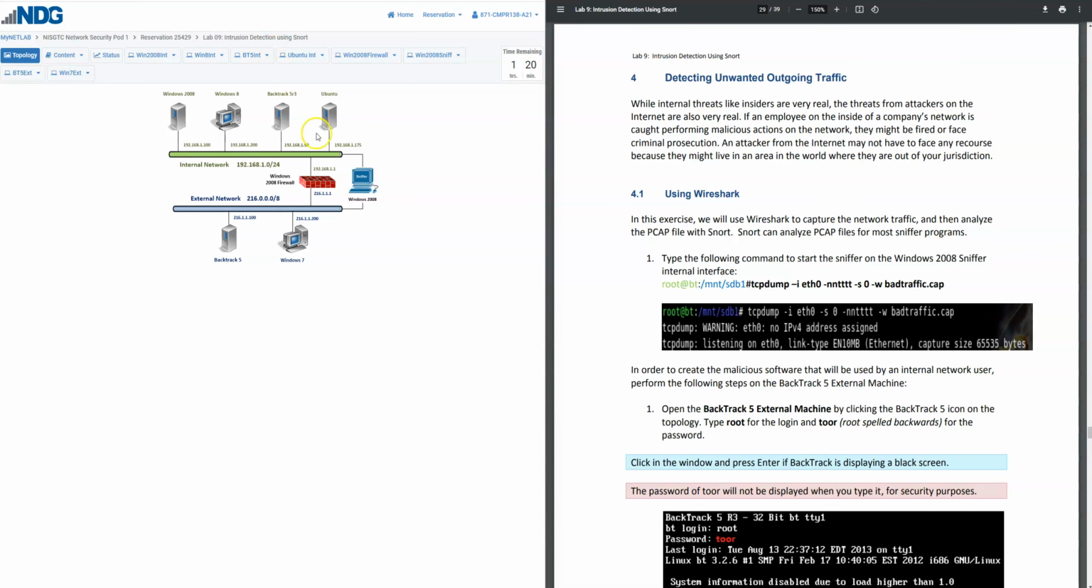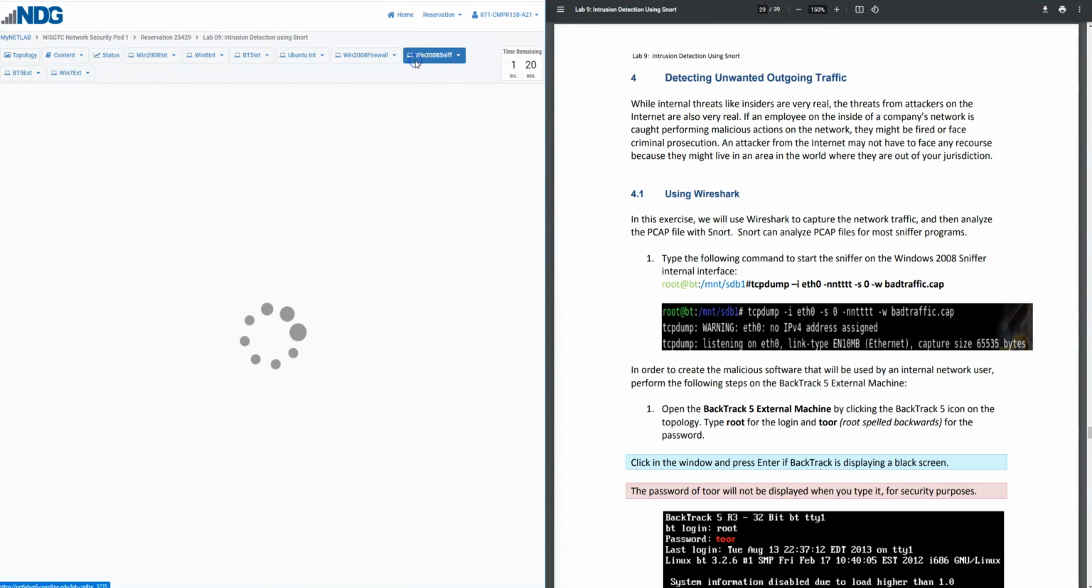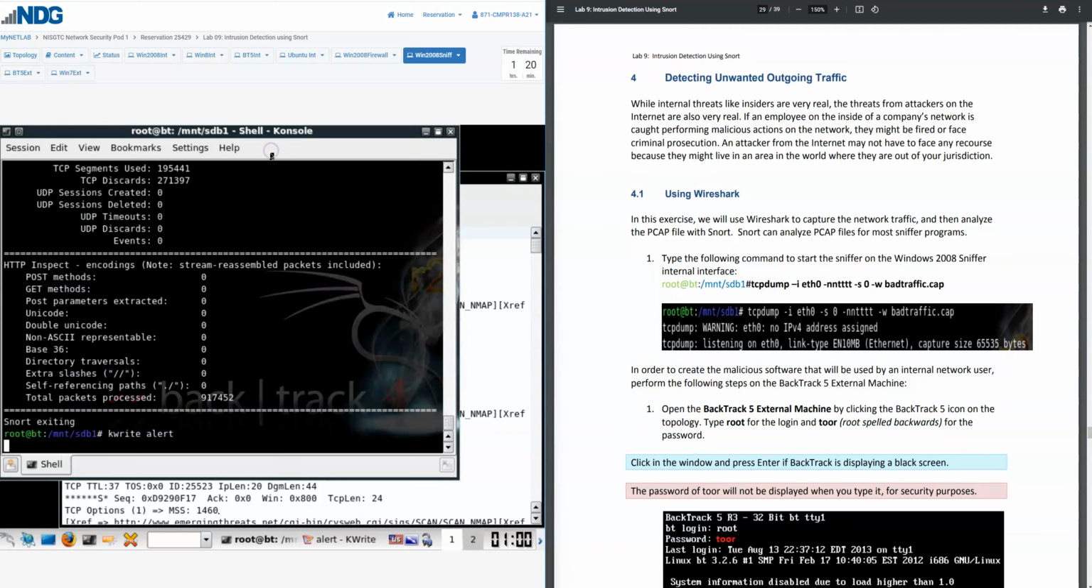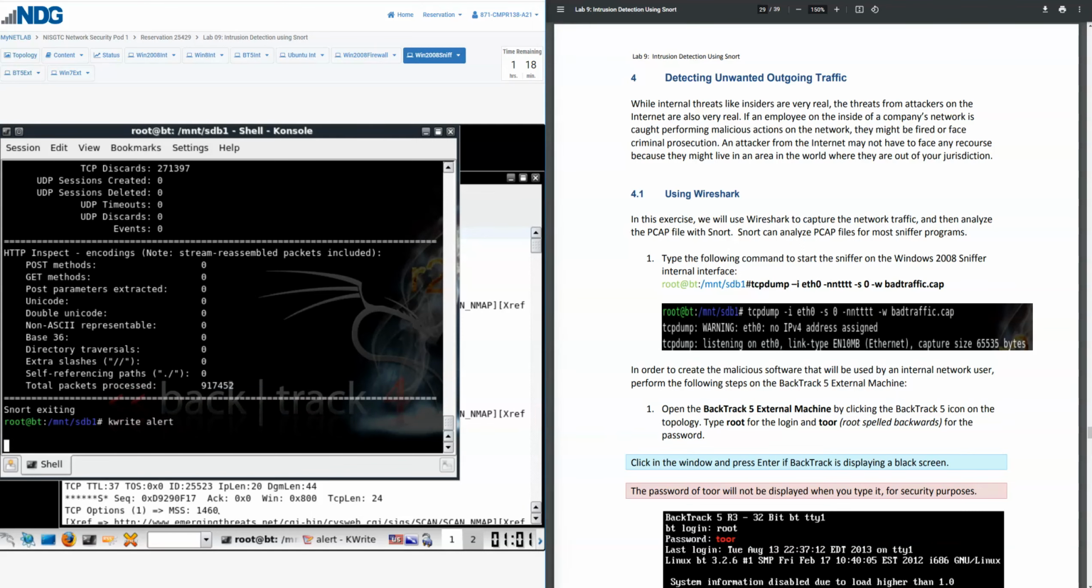We still have those windows open from the previous lab, so I'm just going to click on the Windows 2008 sniffer and then go back to the terminal. And underneath our previous command for the kwrite alert for analyzing the data, we're going to go ahead and type in